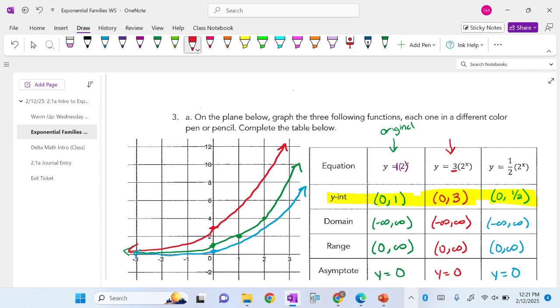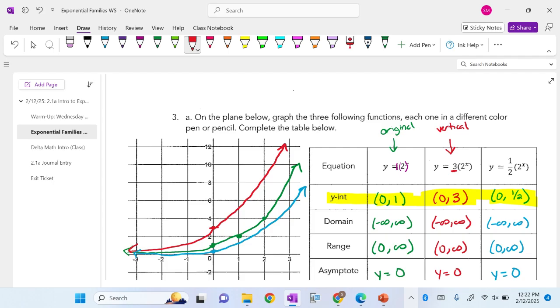So first off, will the red graph get wider or narrower than the green graph? What did it do? Did it get wider or did it get narrower? Narrower. Because it looks like it's getting steeper faster. All right. So if it's narrower, that means that it's a vertical what? So this is a vertical dilation, but is it a stretch or a compression? If it's getting narrower,